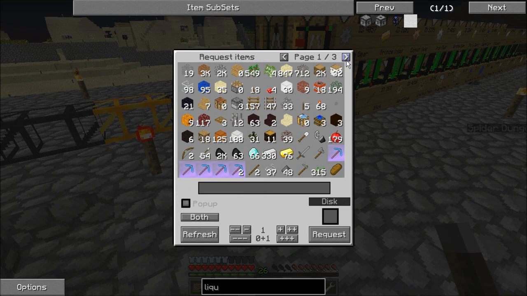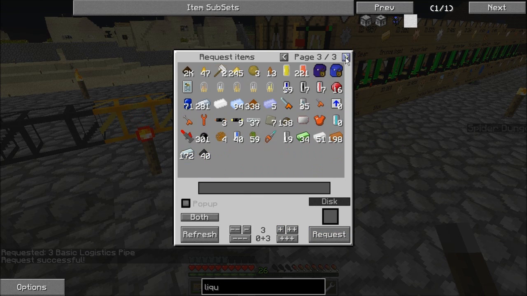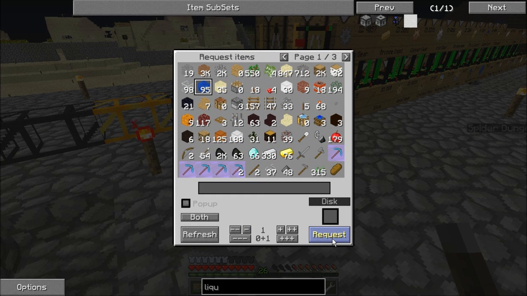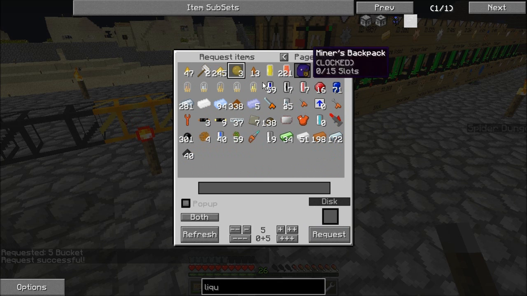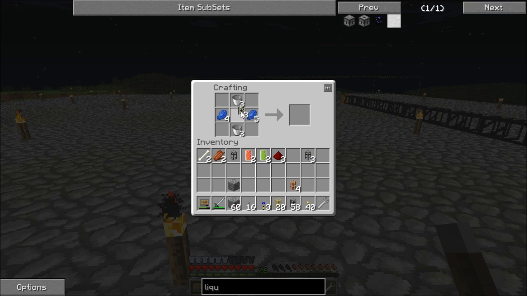And out of our system here, let's request 3 more of our basic pipes, 6 of our lapis lazuli, as soon as we find it. I think I only have it in block form now. Yeah. Need 1 of my lapis blocks, and we need our buckets, which we have 5. We're going to need... we'll use 10. We can't use the wonderful cheat that allows us to convert tin into iron, so there's no reason not to use tin to make the buckets. Convert our lapis down. And a little bit of that, and...